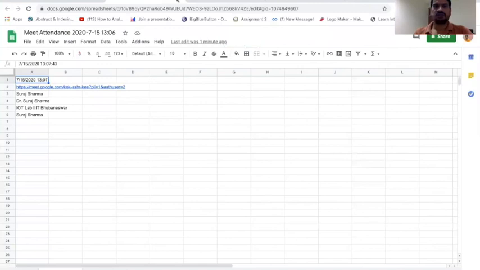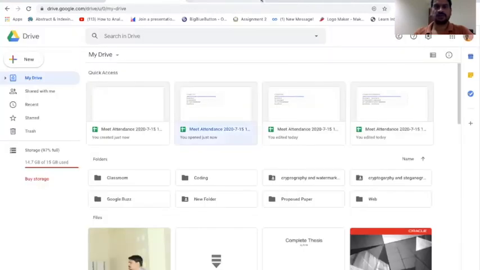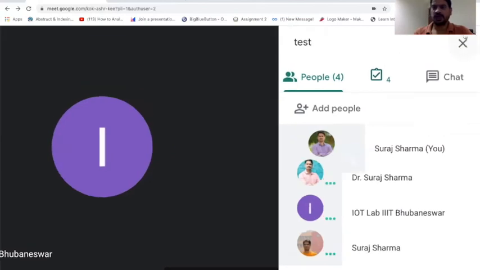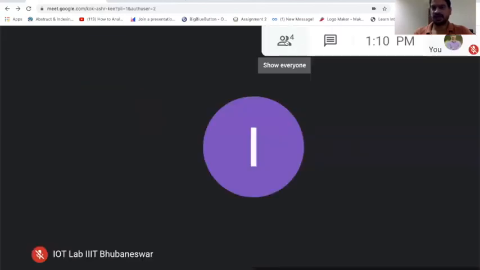Now, sometimes what will happen is, let me show you what the problem was that many people are facing. Here the number of people is 4. Here sometimes it is less. Let's say if we have 60 students or 100 students, it is showing 100 here, but here it is showing less than 100. So what you have to do is just close this particular window and click here again, show everyone.